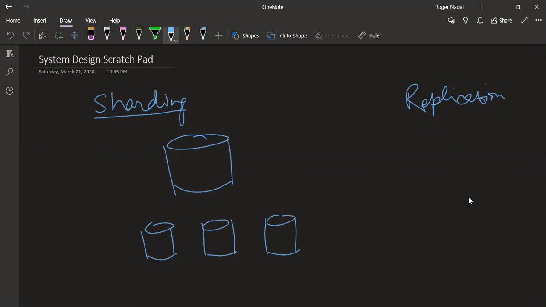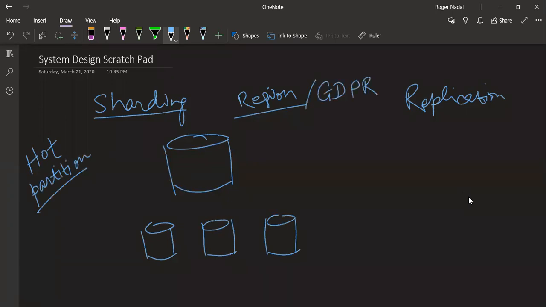But in the future, like New York, we have a lot of requests coming to New York for that partition. That means a lot of requests come to that region, so that means we have a problem because it's unbalanced. Many regions don't have a lot of requests coming, but New York has a lot of people over there, so a lot of requests go to that region. That makes the sharded data unbalanced. Yeah, the skew would be an issue, right?